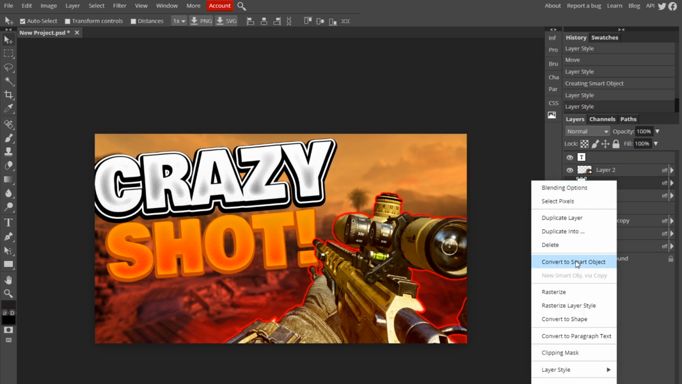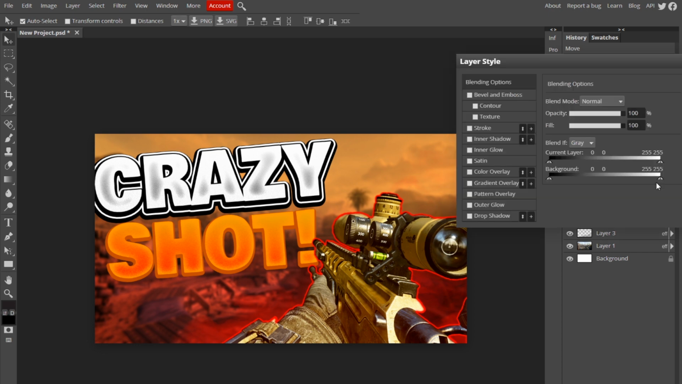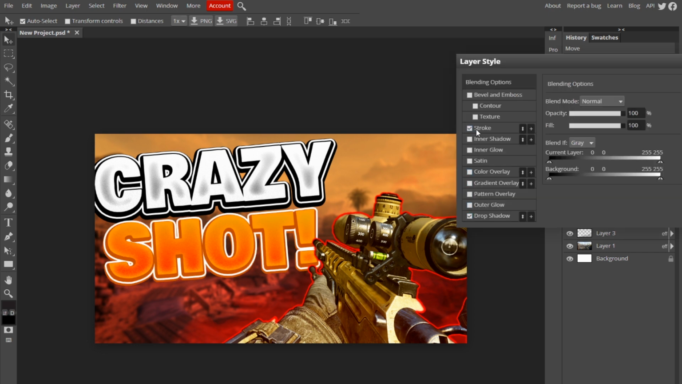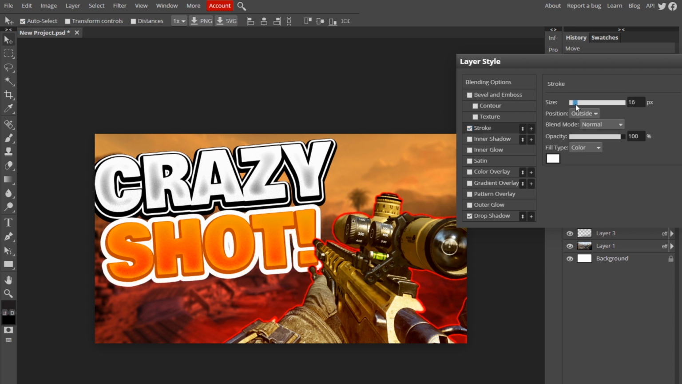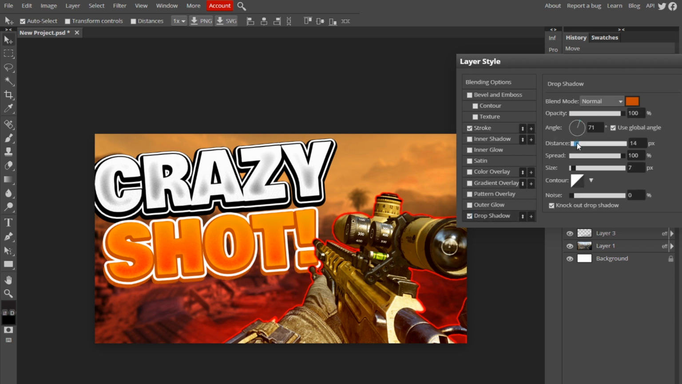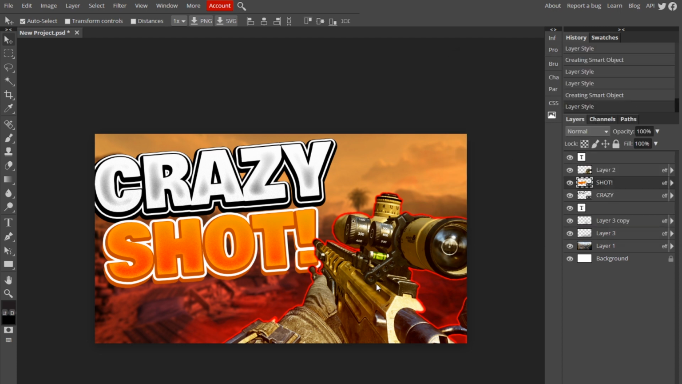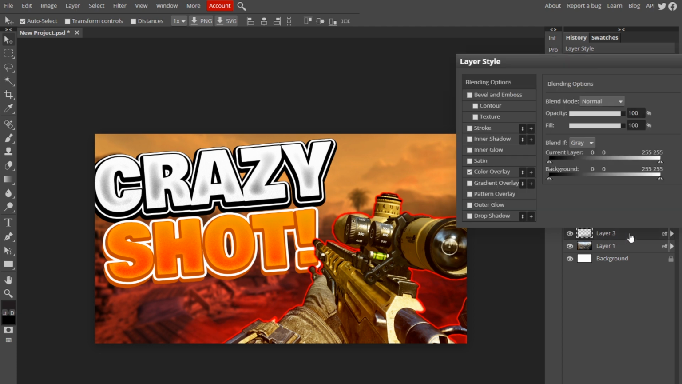Right click on shot, convert to smart object. Double click on it, add another drop shadow and a stroke. I'm going to turn the stroke up a little bit to about 8. Go to drop shadow, and I'm going to turn the distance up, and the size. Okay, so like that. Now, since there's more orange than anything, I can go back to my smoke layers and